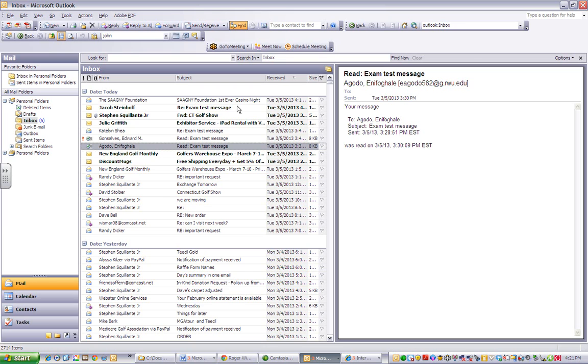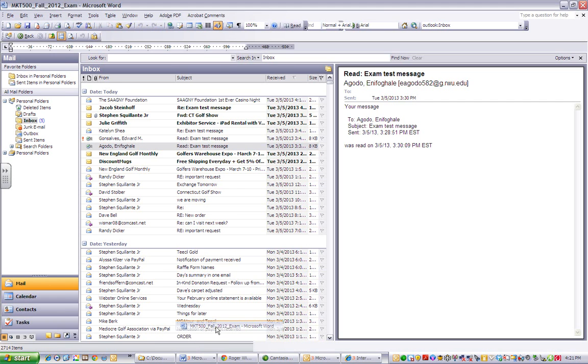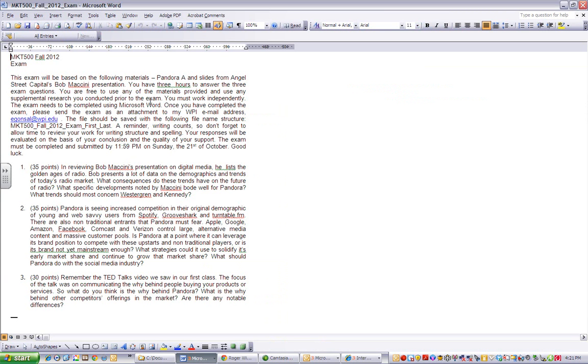People are working independently. They send an email when they're starting the exam. They send one when they're done. Along with that sending email will be an attachment. It needs to be done in a Word format, so using Microsoft Word, and submit it as such. And then there's a file structure that you have to name the file in your return email back to me